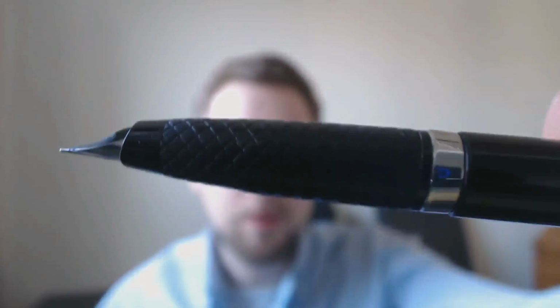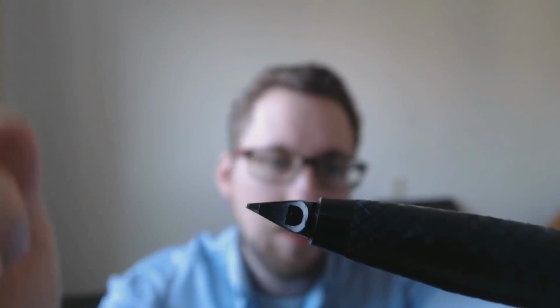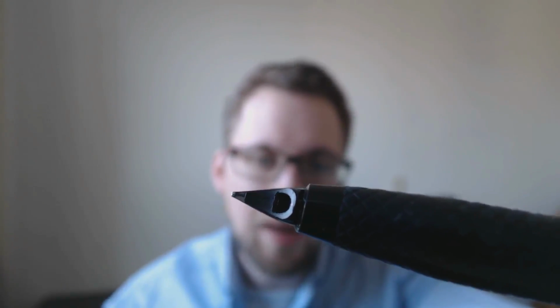And then you have a fairly simple section, but it has a decent texture, which is quite fascinating. And the texture feels very rubbery. Then we have the nib. I'm pretty sure that's the same nib that you get on, say, the Jotter. Jotter is at the bottom here. Or the Vector. They all have similar nibs. And this is a fine. You can tell by these modern Parker pens. It's very hard to make that focus, but in that little indenture it has the letter F in this case